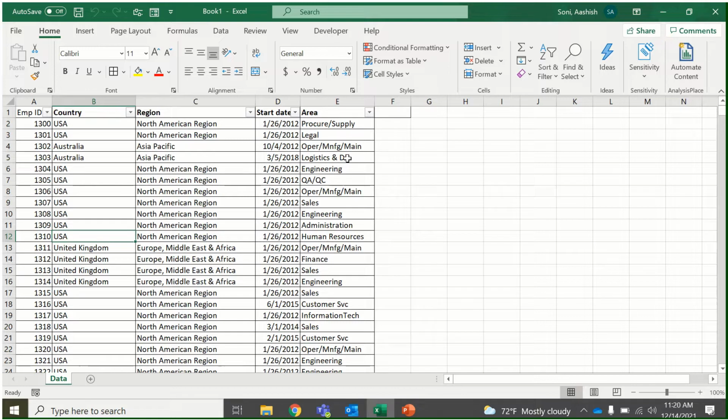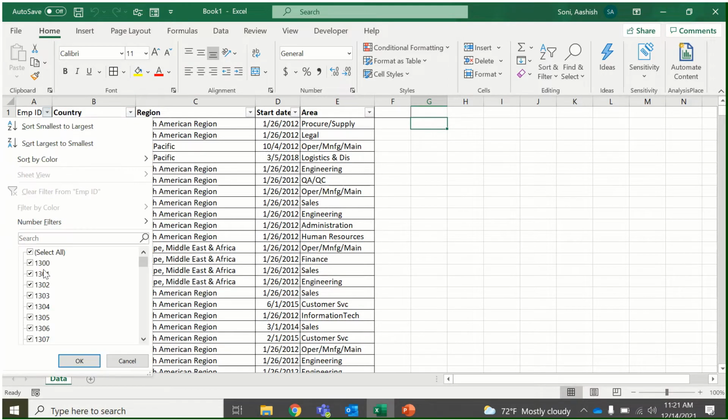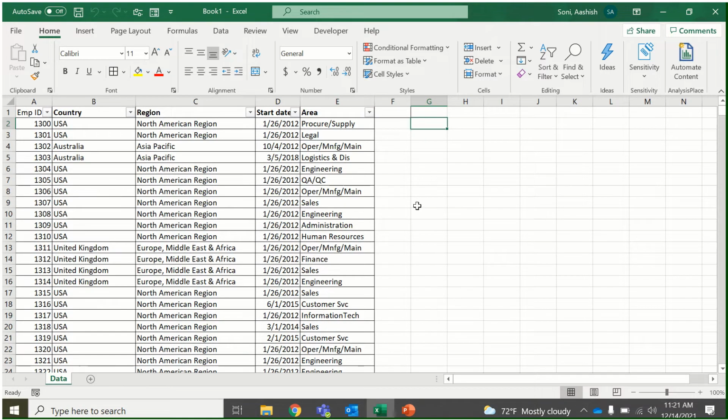Let us first generate random numbers, and we will think that they are given by your manager. In this way you will also learn how to generate random numbers. Just check your employee IDs: the minimum value is 1300, and the maximum is 11,093. Remember 11,093, so that we don't forget. We'll generate a random number.